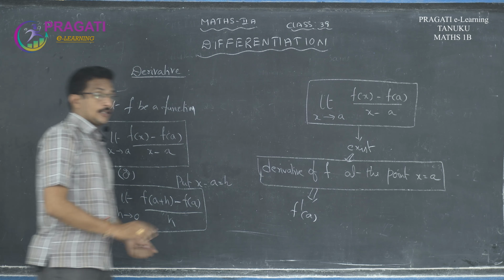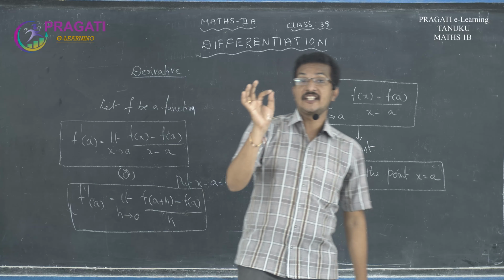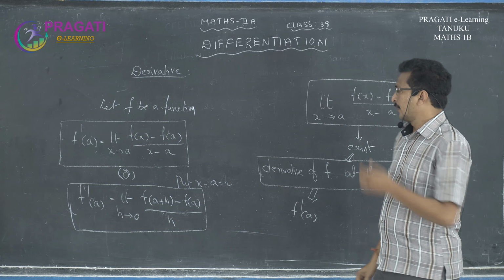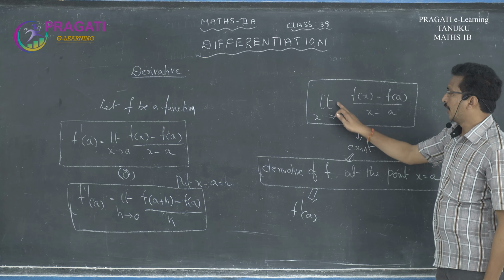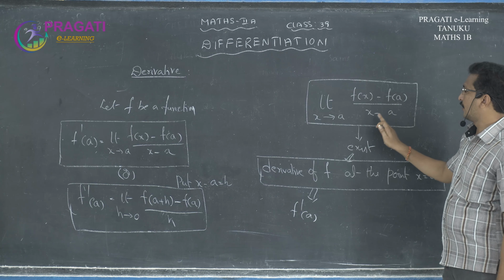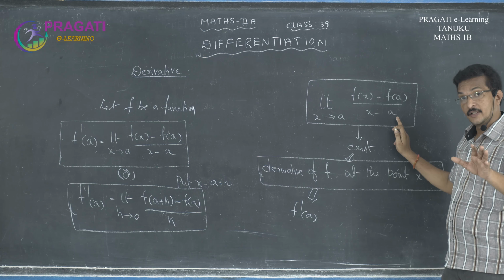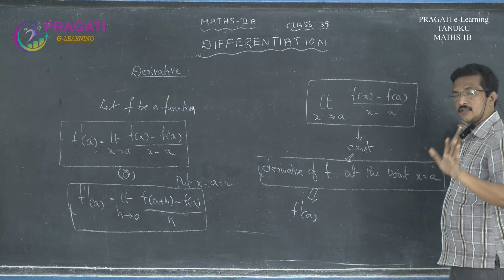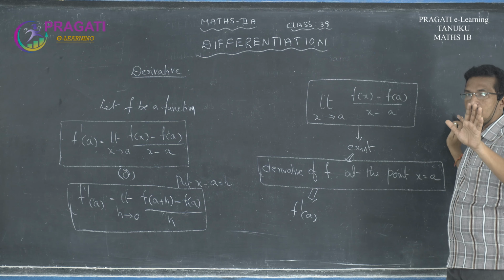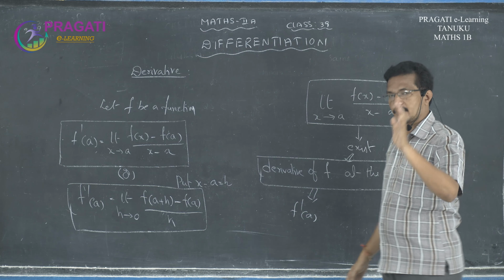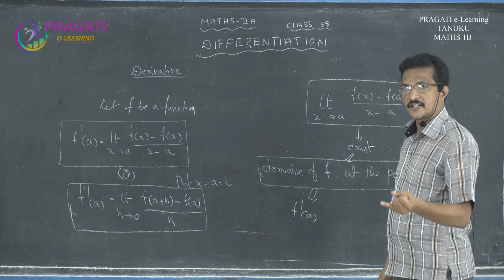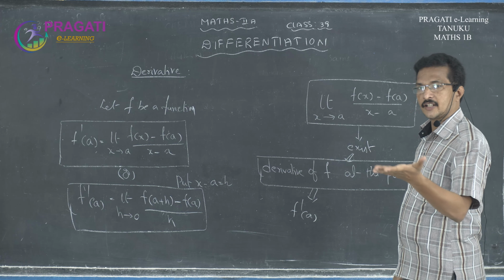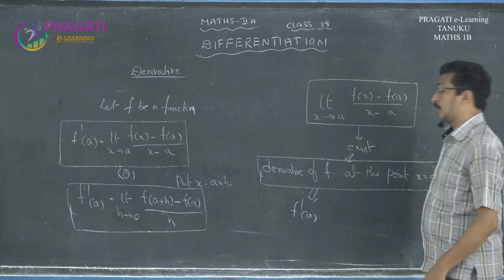Then there are two formulas to find the derivative of f at x is equal to a. Limit x tends to a, f of x minus f of a by x minus a, it will exist. To find the value, we already discussed limits in the limits chapter. There are 7 models: first one is direct substitution, another is factorization, the third is rationalization, formula based, infinite limits, continuity. So many problems are there.